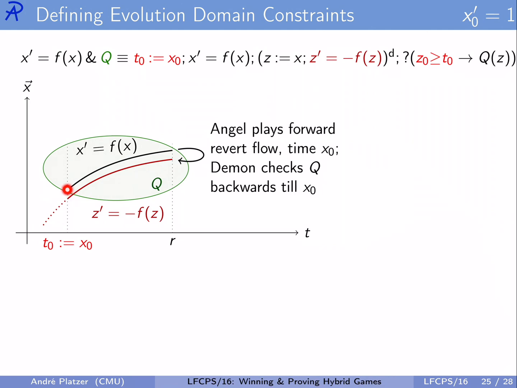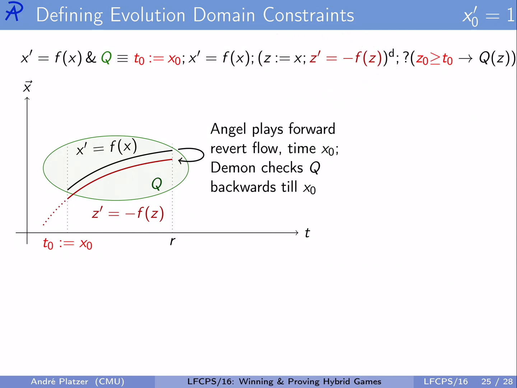So we look at our watch, look at what time it is. Then we follow the differential equation x prime equals f(x), which for simplicity is assumed to already contain a clock, x0 prime equals 1. So the zeroth variable of this differential equation system without loss of generality is already tracking time. Then time will have advanced for some non-negative amount of time, and then we copy into a copy of the variable z, go backwards in time, follow z prime equals minus f(z), the opposite,